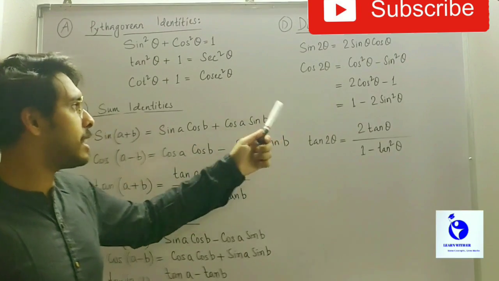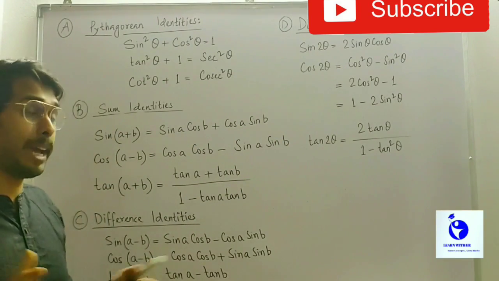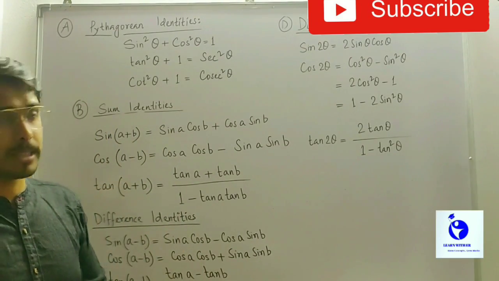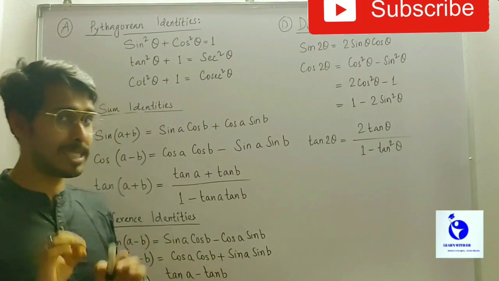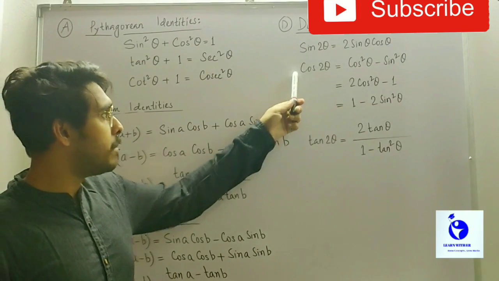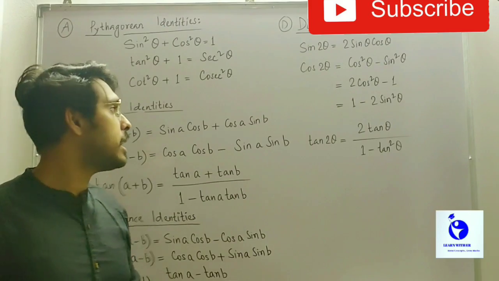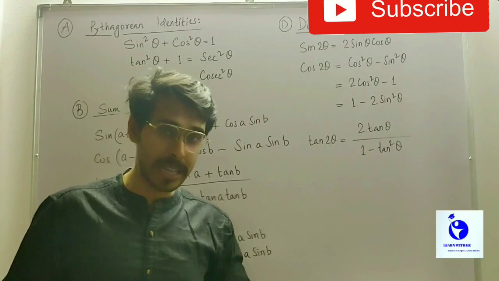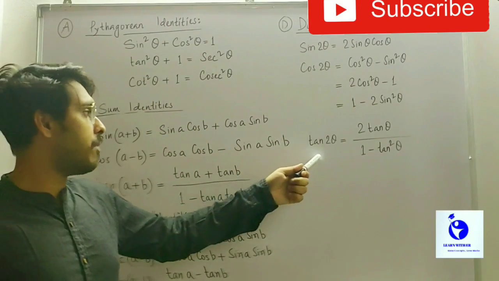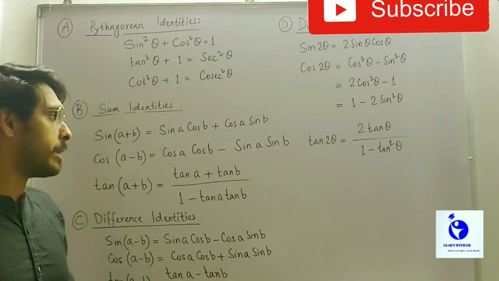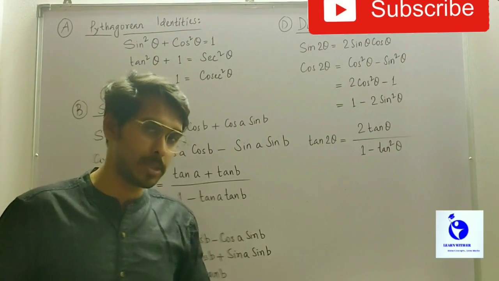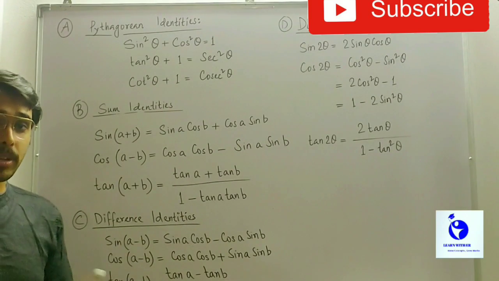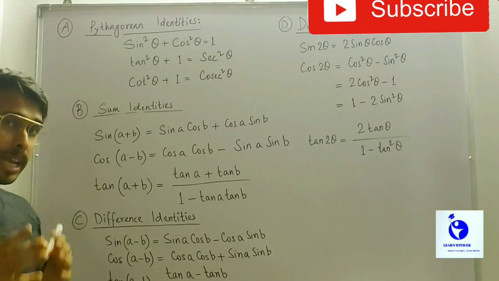Cos 2 theta, here there are 3 different formulas for cos 2 theta, and again it depends on the question which has been asked to you, which particular formula you need to apply. This is totally depending on the question and your necessity. So cos 2 theta will be cos square theta minus sine square theta, then 2 cos square theta minus 1 and 1 minus 2 sine square theta. And finally we have tan 2 theta which is equals to 2 tan theta divided by 1 minus tan square theta. So every single formula here is very much important when you are solving trigonometry,